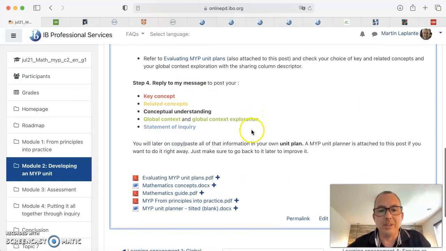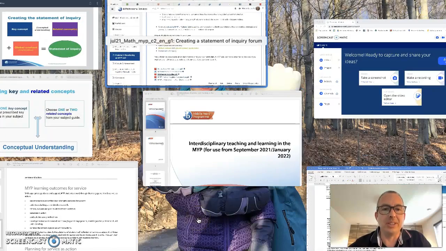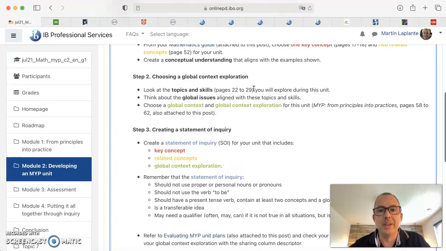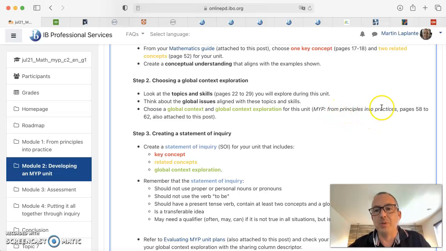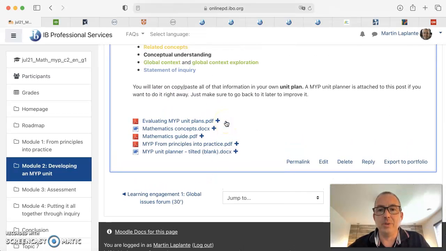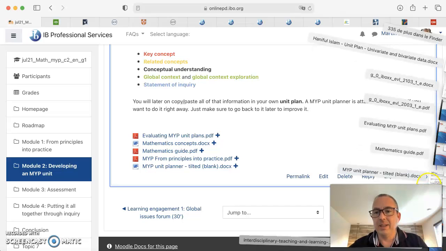Going back here, once we have all of the global context exploration, as I've said, I've put the references in the MYP: From Principles into Practice, pages 58 to 62. Everything is attached to the post actually. So here you have only to post your unit plan, or you may post your unit plan if you want to fill it already. You can just download the MYP unit planner, which is blank, and then